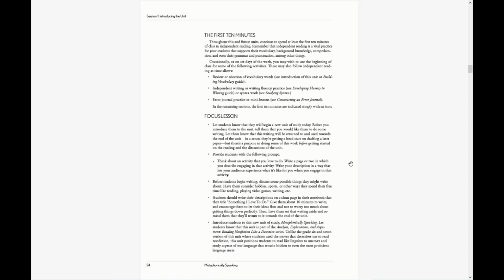We'll get to play with that essay later and have students revise it and change it in some different ways later in the unit. So it's important that they do it here, but it's not important that it be a perfect final draft of anything here. We're getting ideas down, we're starting to think about an activity that we love to do and what we would want to say about it.